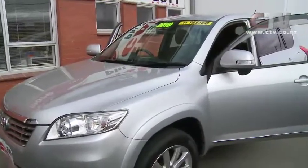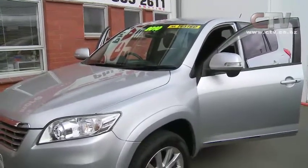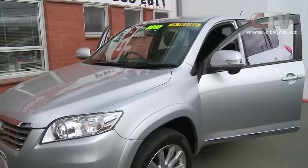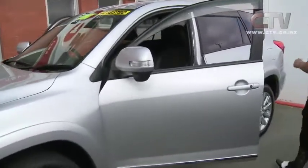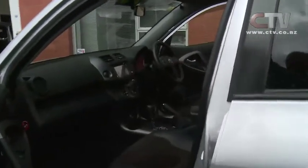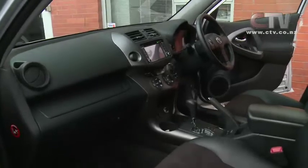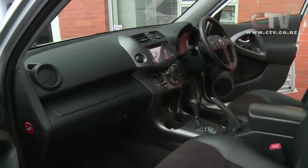It has climate control, heated seats, cruise control. I mean, it really is armchair driving inside here. Really beautifully appointed vehicle. This one is, of course, registered here, all the on-road costs. It's a 2010. Incredible vehicle, really. This one here, as you can see from the front as well, is actually fitted with the